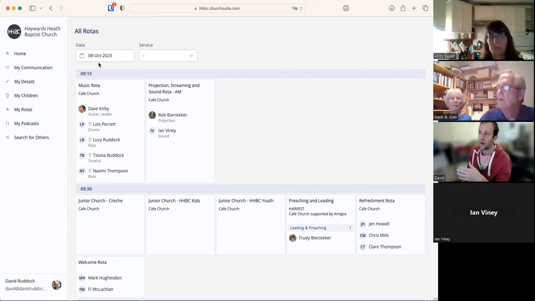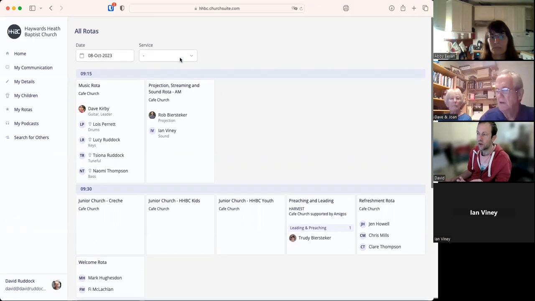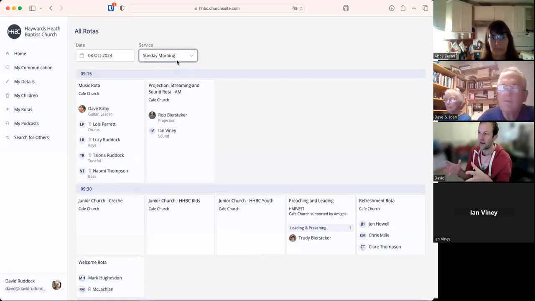So this is a way of seeing, on the 8th, which is this coming Sunday, all of the different rotas that are on in that time. And we can set different, they're called services. So obviously this works with much bigger church groups as well, but you can filter them down with different services if that's useful. I've set one up just for Sunday morning, which is a slightly more reduced group, but we can choose if we want to